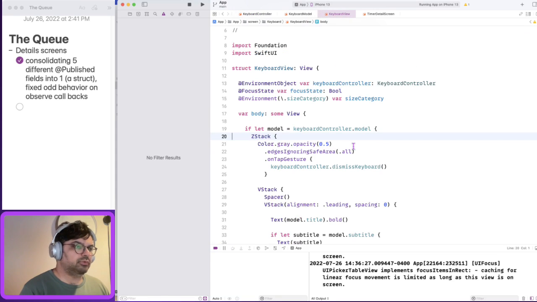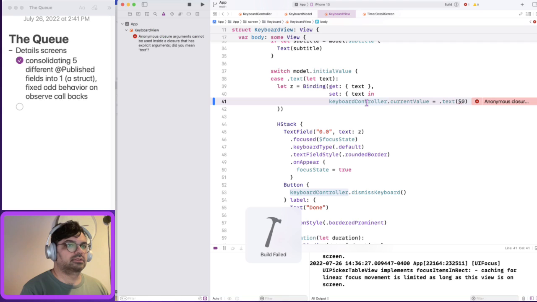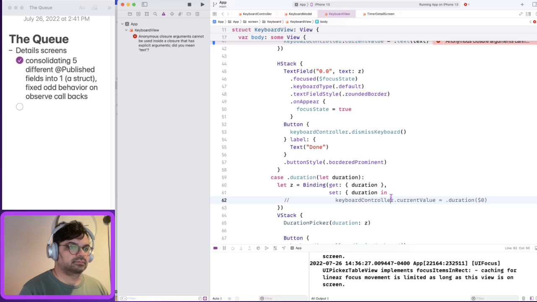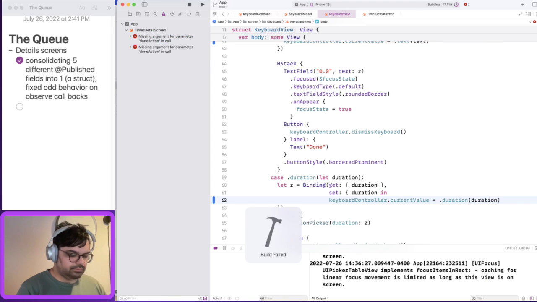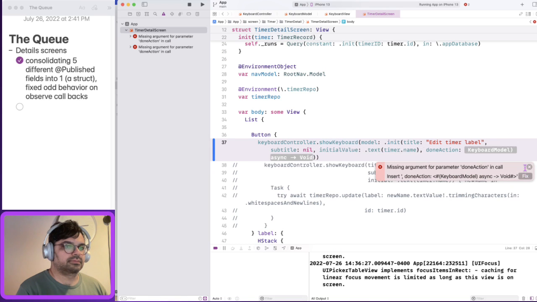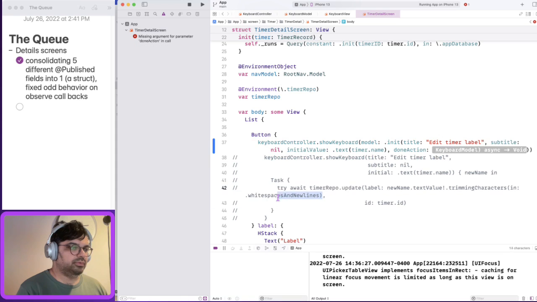And the keyboard view can write to that value. Doesn't really feel satisfying. So let's see. So this will be